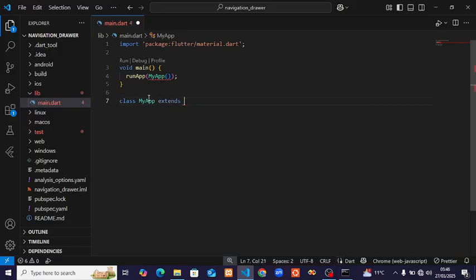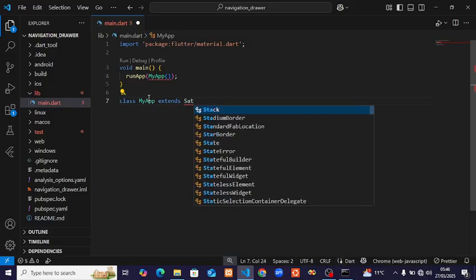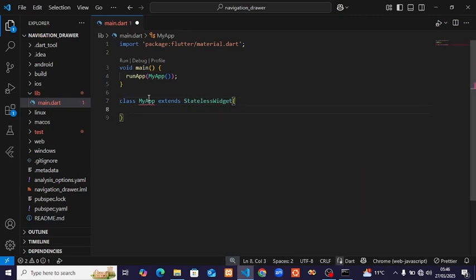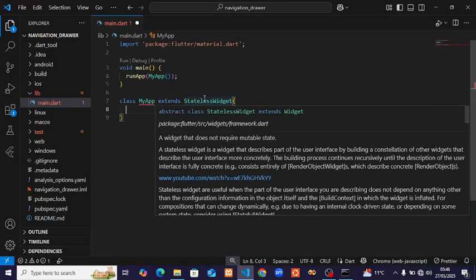In my previous video I explained we extend because we need to inherit everything from a stateless widget, which is also a class. So we are going to implement everything from a stateless widget by performing one of the main principles of programming, which is inheritance. So we are trying to inherit every attribute, every functionality from a stateless widget class, and we are extending it so that now also my app, which is a class, can utilize some of the functions, some of the attributes